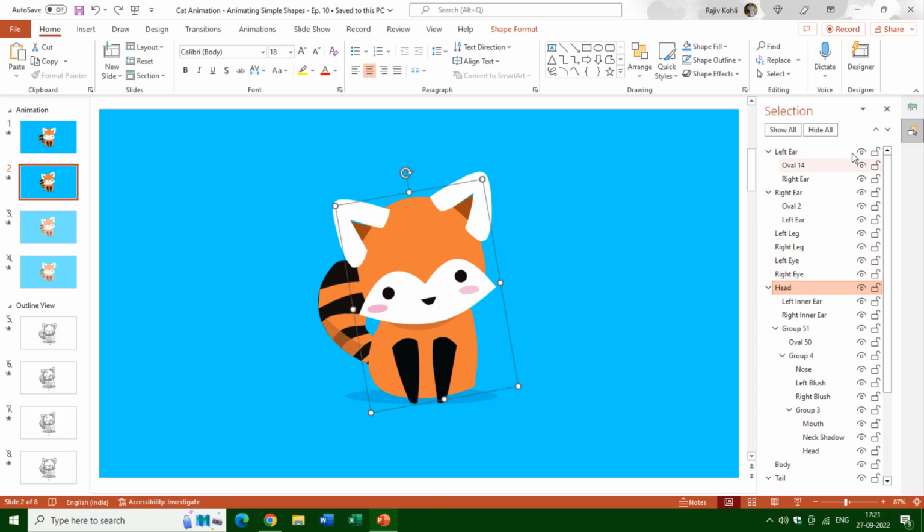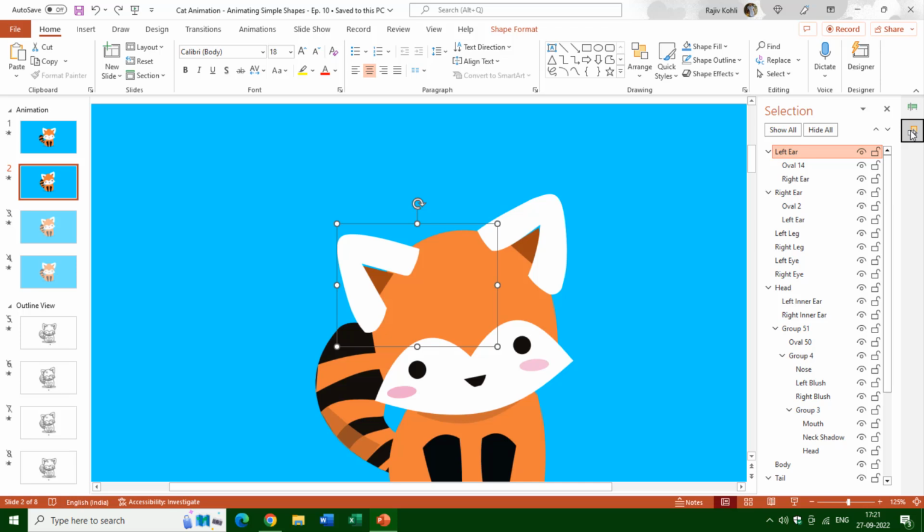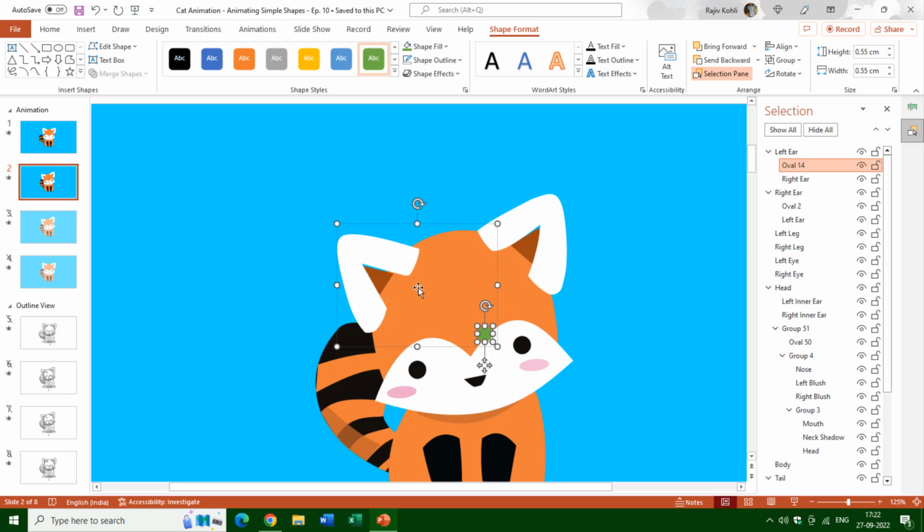Because we want to apply the animation effect on those particular shape layers, that is why we have to ungroup them from the head layer. But we have also defined a custom anchor point to both of these ears. And if you again look into the selection pane, then you can see here the oval has been grouped with the ear, and if I fill a color, then you will start seeing that oval. And that is because we want this ear to rotate from this particular position, like this or that,